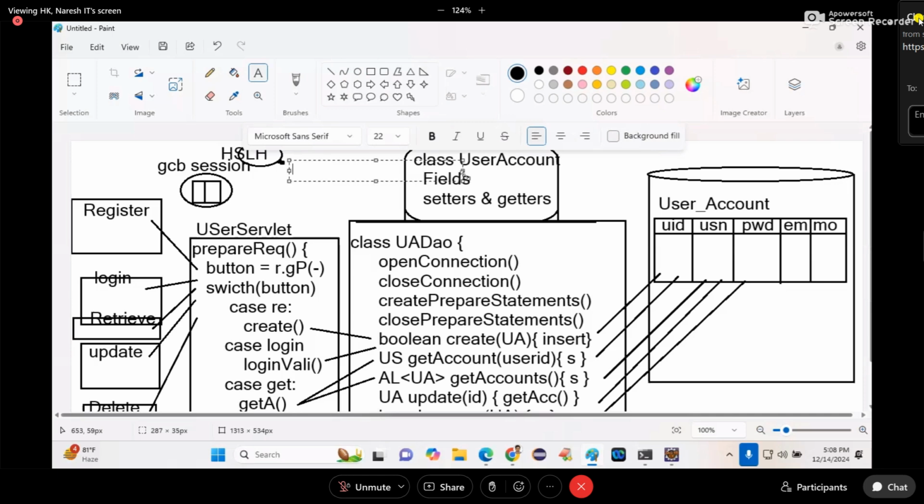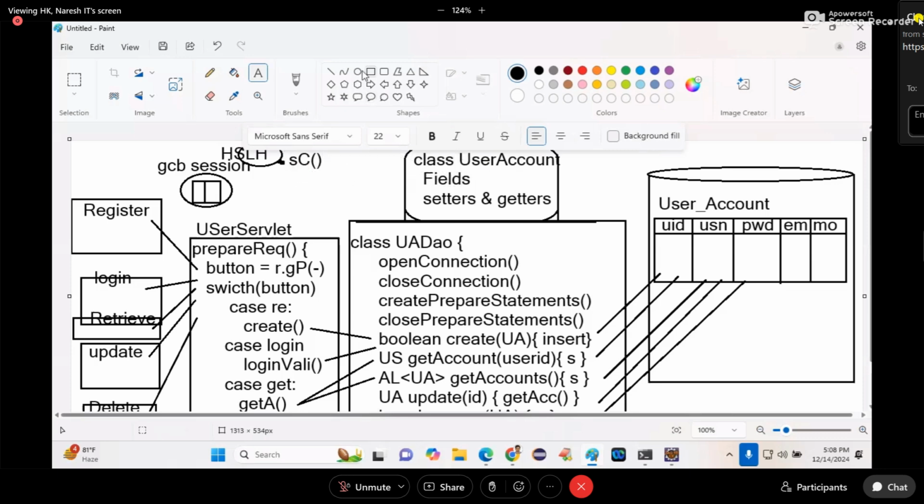Come on, sessionCreated. Remember the flow: sessionCreated. I am writing SSC as a shortcut. When the sessionCreated method is executed,